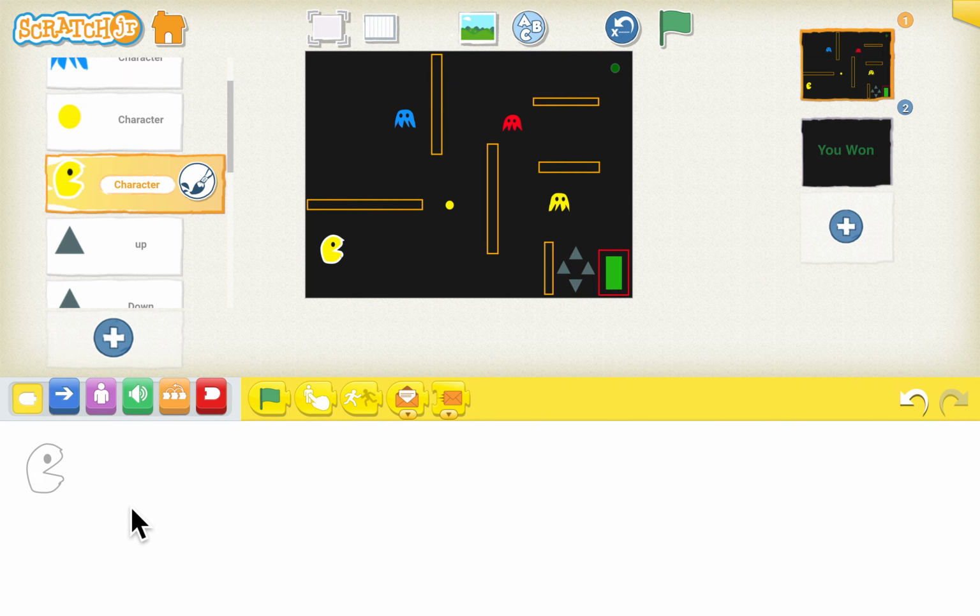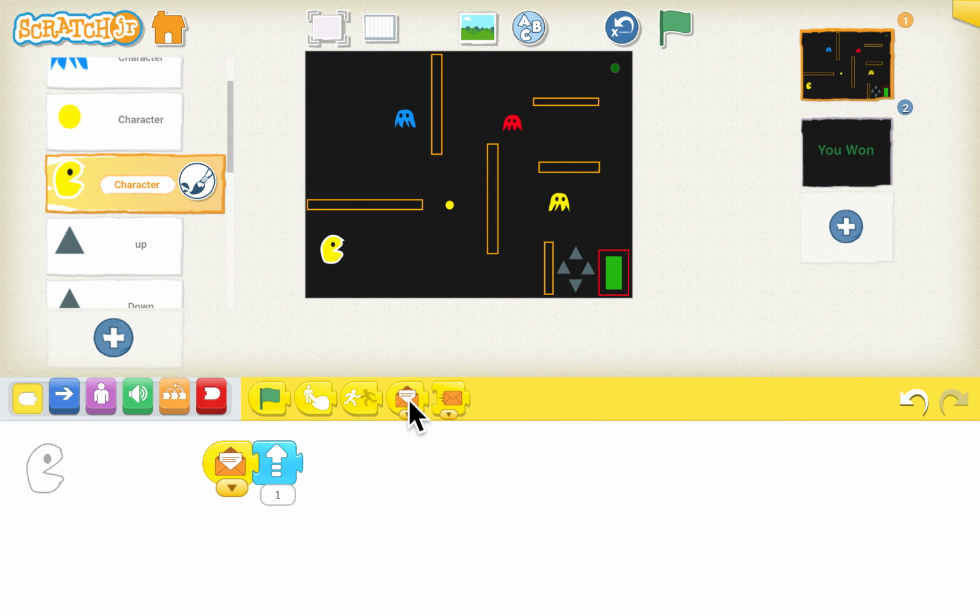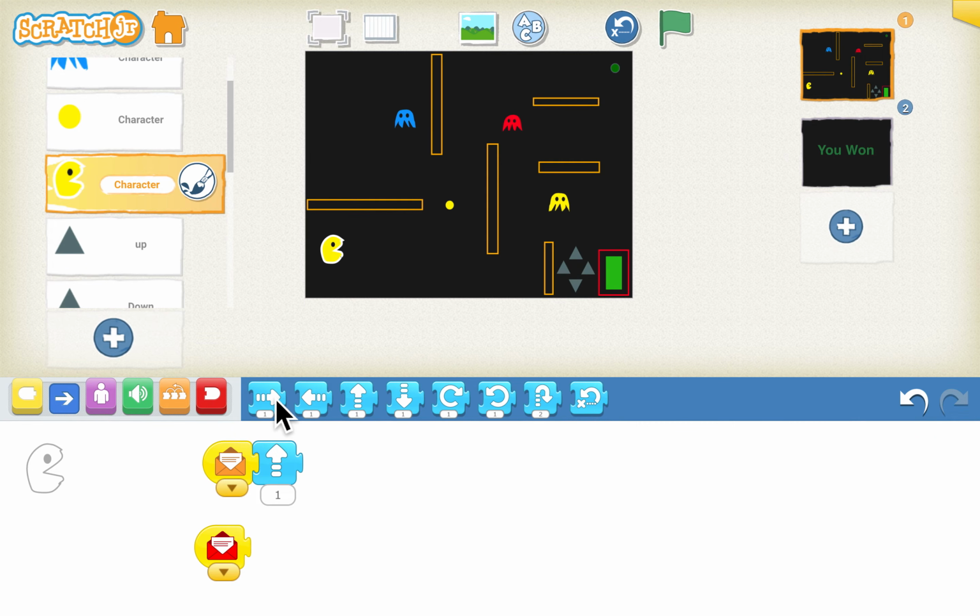So we'll go to the character again, and now the character has to behave according to what message it receives. As the orange message was for up, the character will move up 1 step whenever it receives the orange message. Then again we'll choose the message block. As the red message was left, the character will move left whenever it receives the red message.